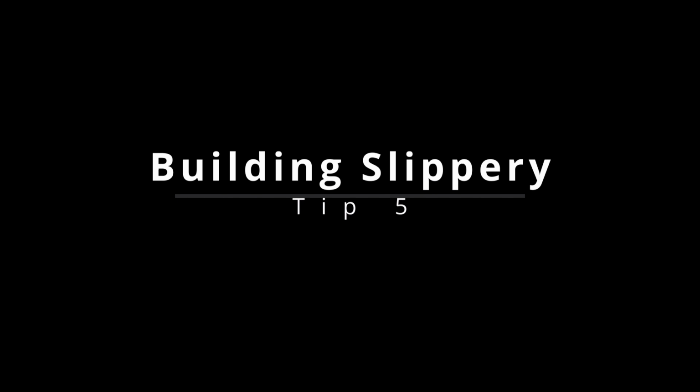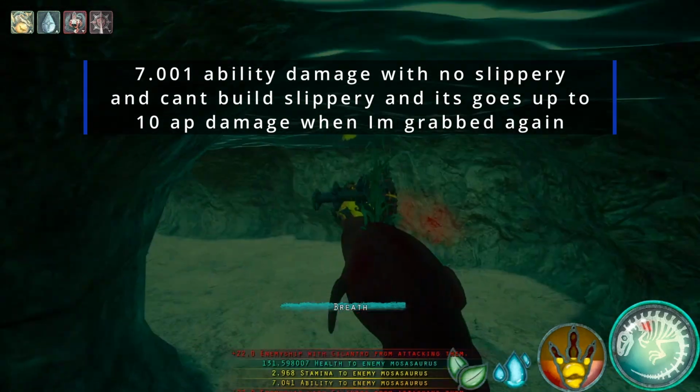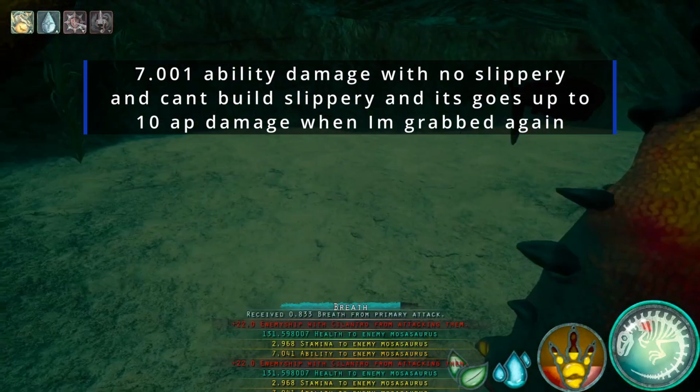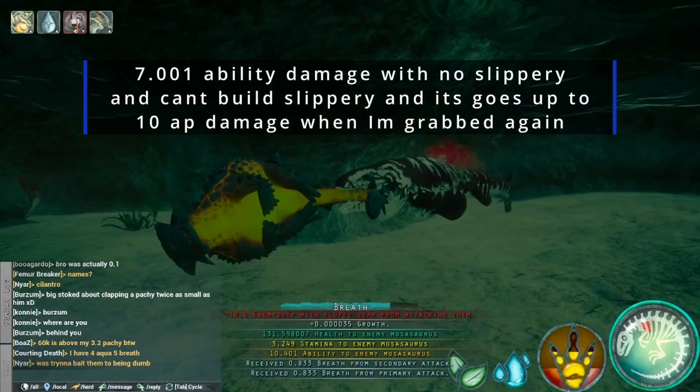Number 5, building slippery. This one at the time of this video is only limited to the semis and the aquatics, save for Mosa. I'm not sure why Mosa does not have Slippery, but Chrono and Lasma do. But if at any time anything is able to build this, you should be putting points into it or getting